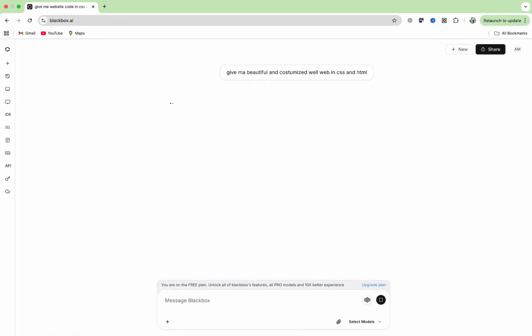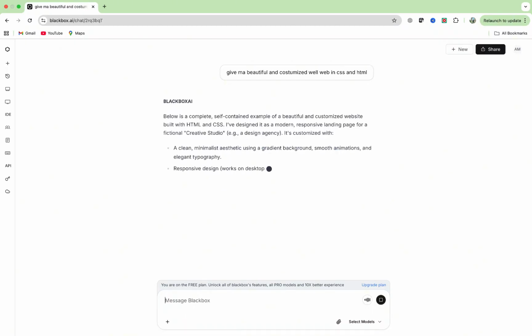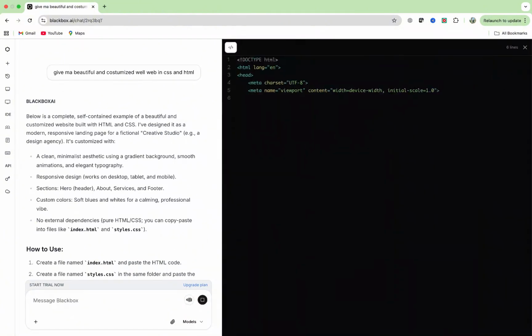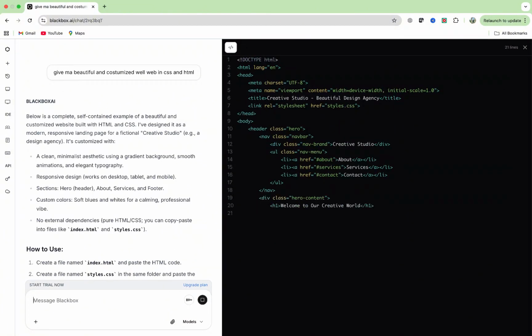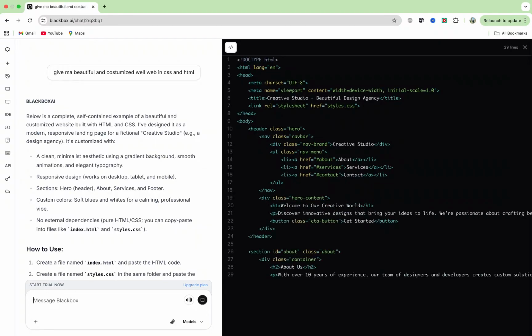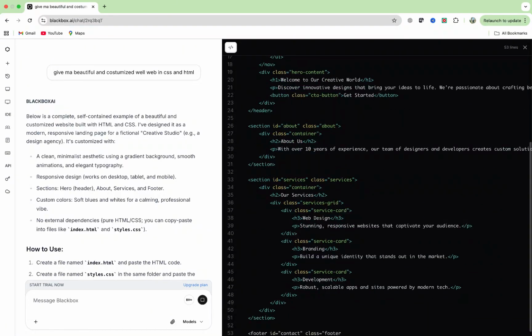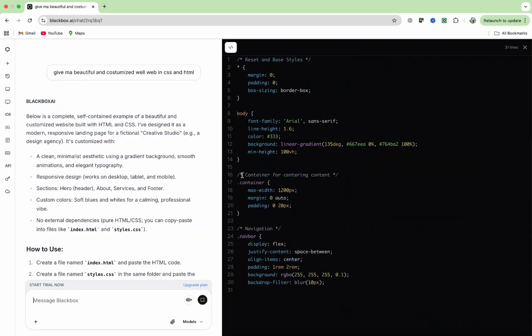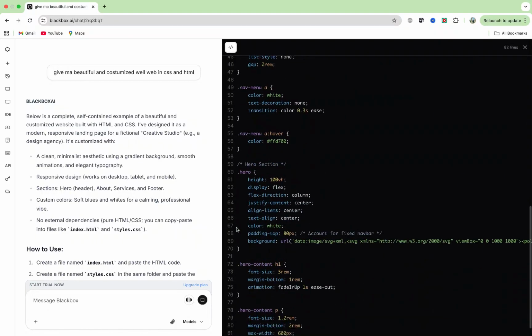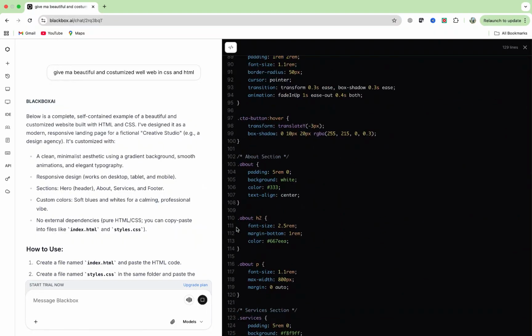After typing the prompt, press enter. Now, Blackbox AI will start processing your request. It may take a few moments, so just wait while it generates your website code. You'll notice it first creates the HTML file, which contains the structure of your website, things like text, layout, and images. Then it will automatically generate the CSS file, which adds the design, colors, and styling to make your website